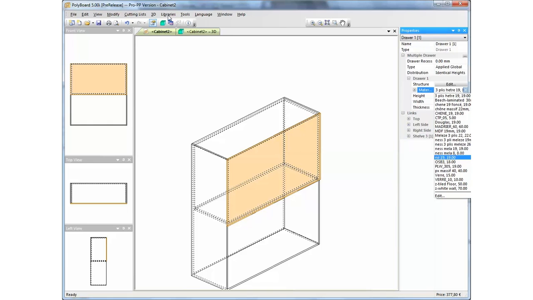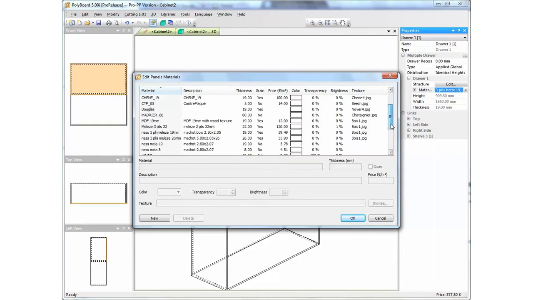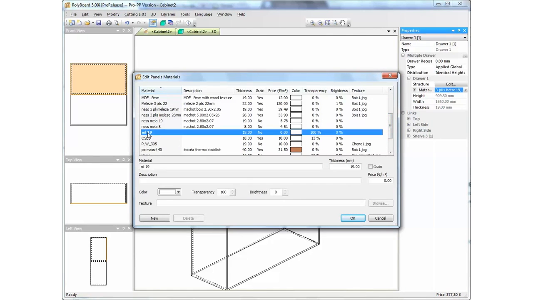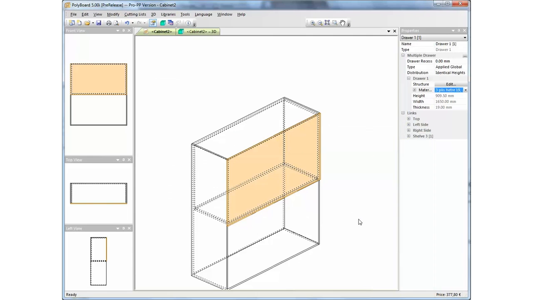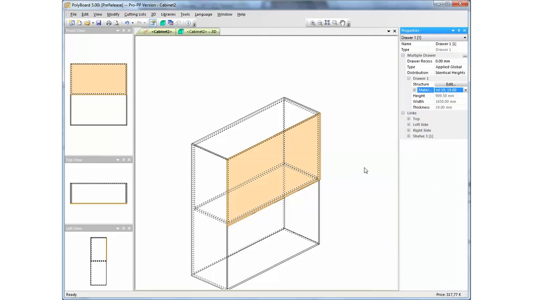So the way you set that up is you go into libraries and materials, and you can have a look at one of the materials I've set up here. It's a nil 19, which is a 19 mm board, but it's a virtual board. This virtual board has no price. It's called nil 19 and has a thickness, no grain, of course, no description, doesn't really matter. And this material, I set that material up in the library, and then I take the front of the board of the drawer, and I use the nil material, nil 19, as a virtual material